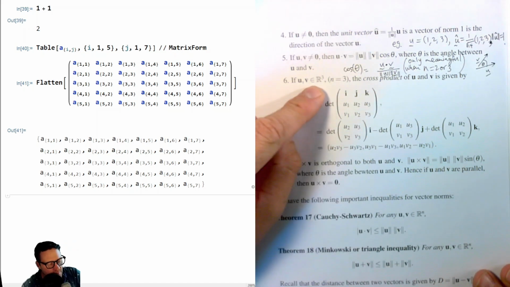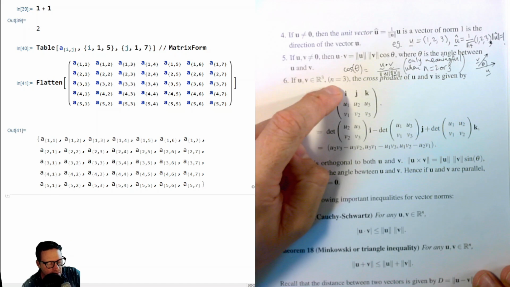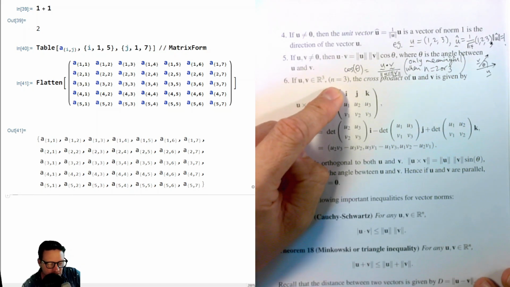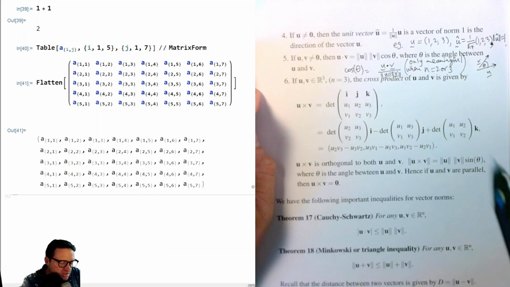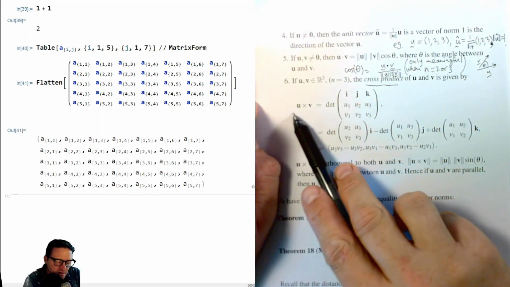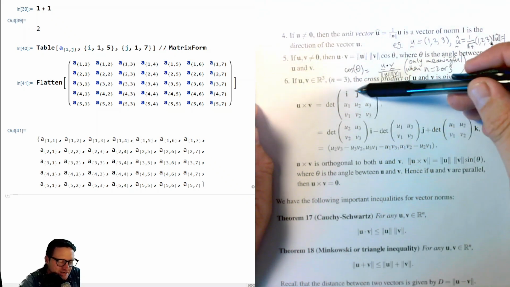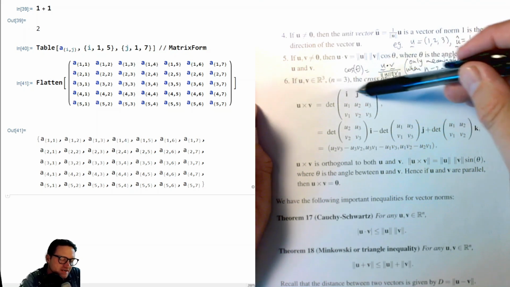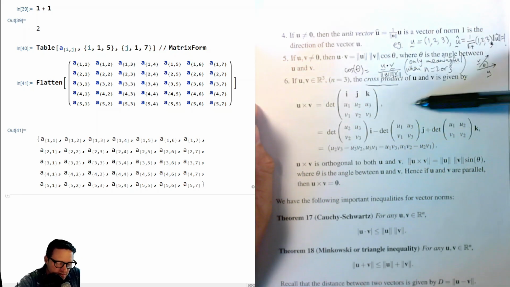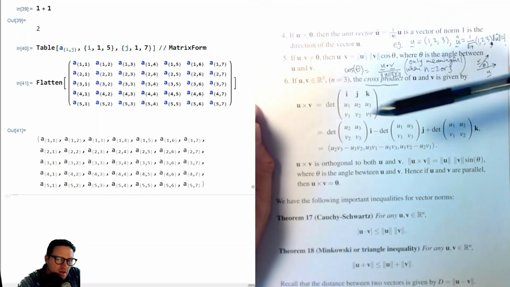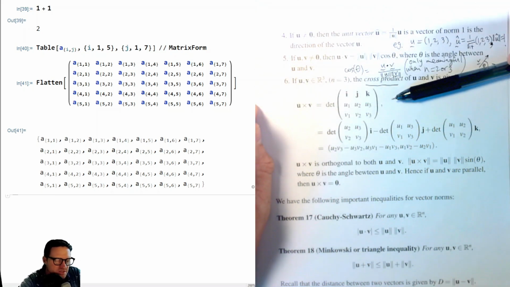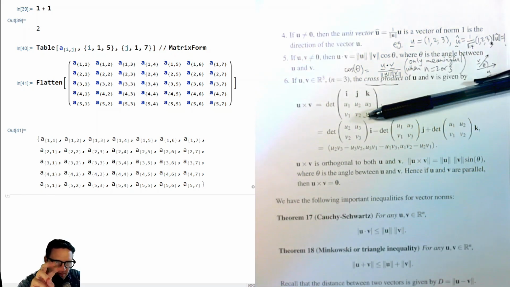So if u and v are elements of 3-space, so n equals 3, the dimension of the space equals 3, the cross product, and this is a definition, the cross product of u and v is given by u cross v is the determinant, but it's not a real determinant, remember. This is just an aid to memory. The reason why this is not a real determinant is because the entries in the top row are vectors, not scalars. But you can remember what the cross product is by using this as an aid to memory. So, the determinant of this matrix,